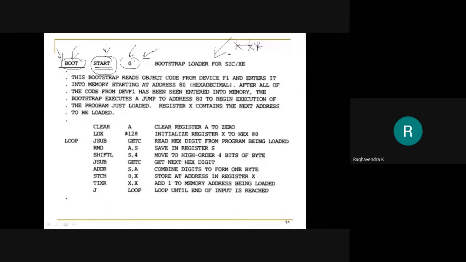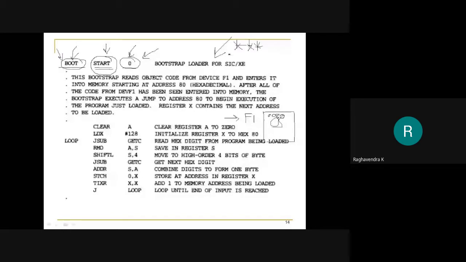Now we have a device called F1. Let us assume that F1 is where the operating system is stored, right? Now this operating system program has to be loaded at address 80. So this is the purpose of this program.